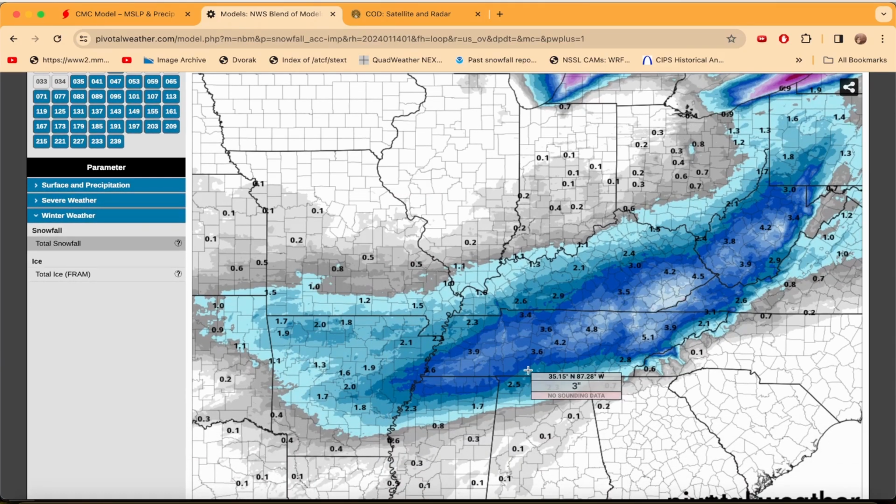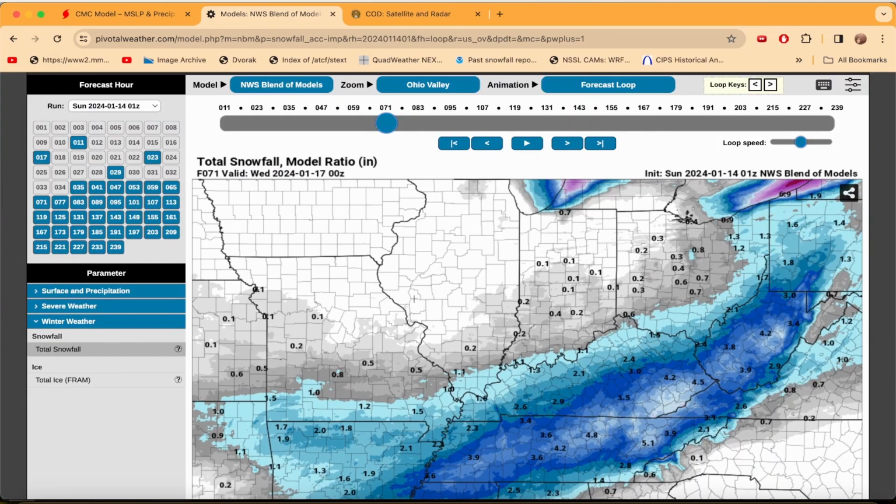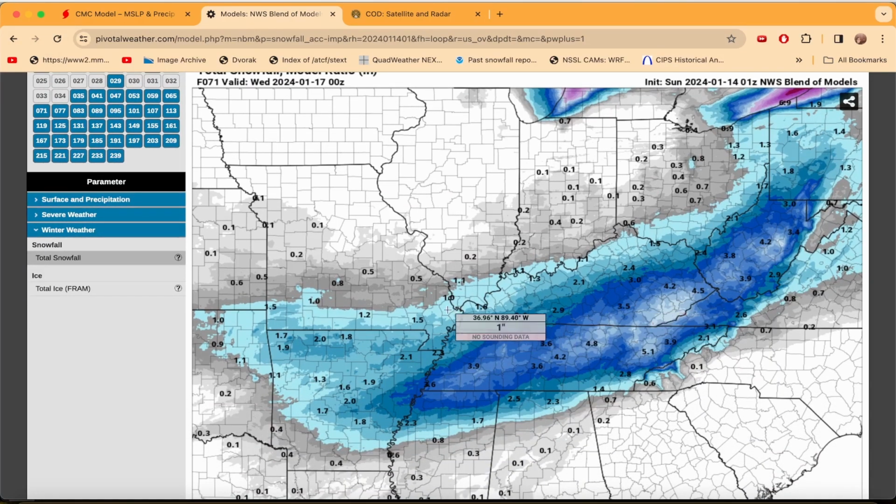But I don't see too many more major shifts to the north or south, and this is going to be the general corridor here of pretty decent snows. So I would still be careful. This maybe isn't quite as hazardous as the ice, but still be careful driving on the roads. There could be school closures here, potentially into Tuesday after MLK Day. So this could actually disrupt a lot of travel on MLK Day. So keep that in mind. And that's kind of what we're looking at here for the central